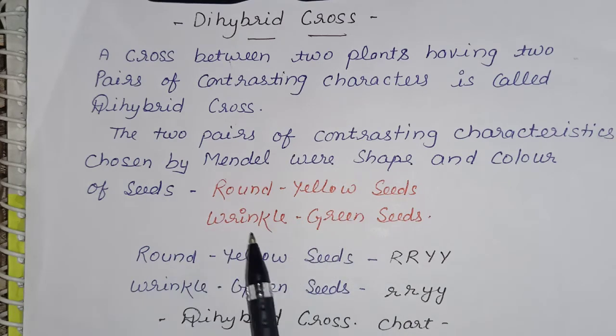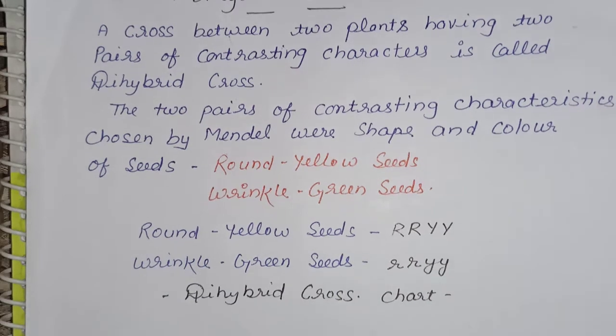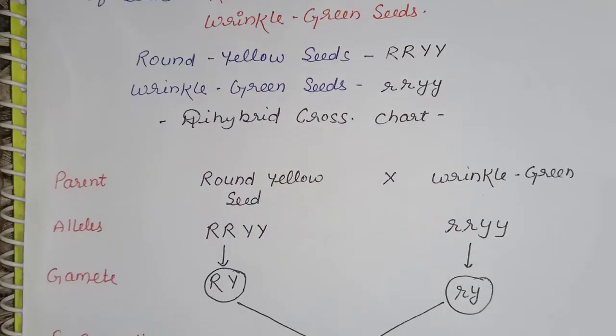In this experiment, the round yellow seeds are represented by capital R, capital R, capital Y, capital Y. Now the wrinkled green seeds are represented by small r, small r, small y, small y. Now we discuss the dihybrid cross with the help of this chart. These are the parent cells, the round yellow seeds and wrinkled green seeds. The round yellow seeds are represented by the capital R, capital Y alleles, and wrinkled green is represented by small r, small y